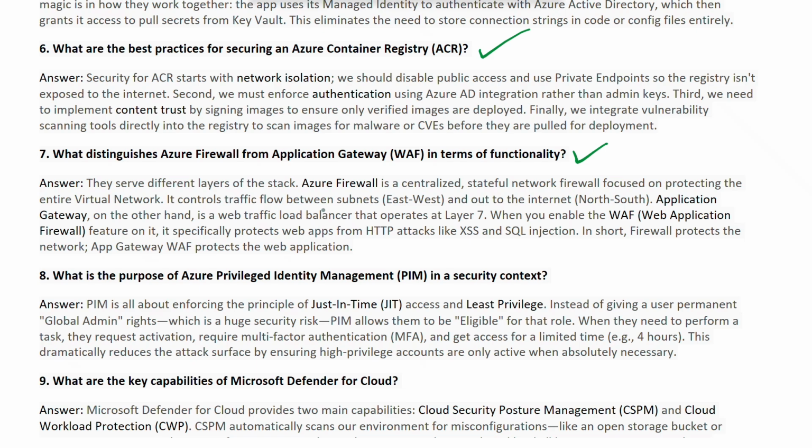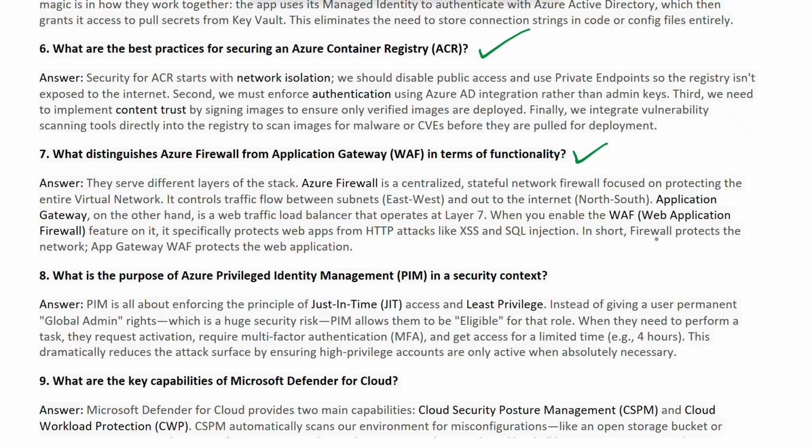It controls the traffic flow between the subnets, east-west, and out to the internet, north-south. Application Gateway is a web traffic load balancer that works at layer 7 when you enable the web application firewall. It specifically protects web apps from HTTP protocol attacks like cross-site scripting and SQL injection.